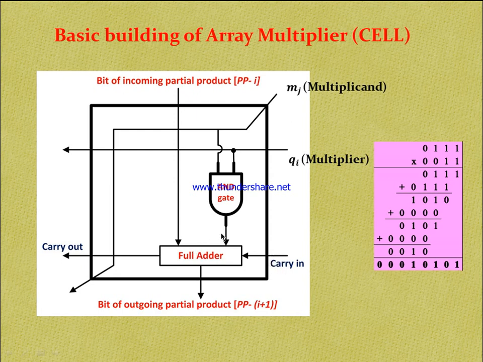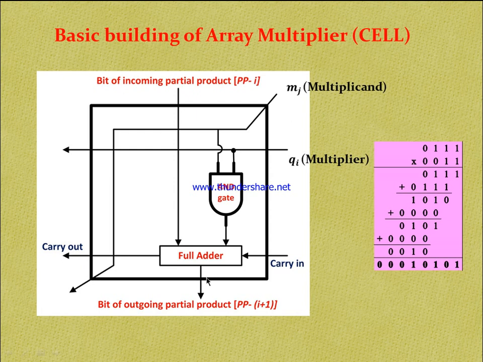And again, this is the first cell or first operation. That's why the bit coming from the earlier partial product is also absent. That means it is 0. So this is 0, this is 1, this is 0. That means what is the result? Sorry, this is 0, this is 0, and this is 1. So the full adder result is 1.